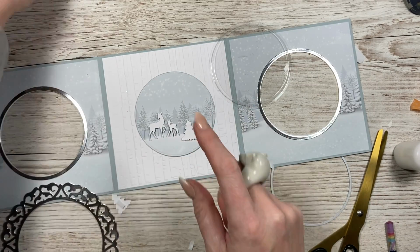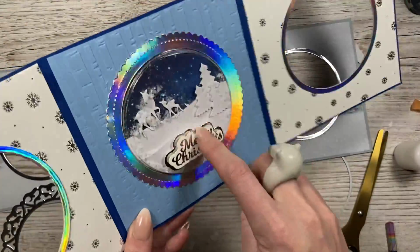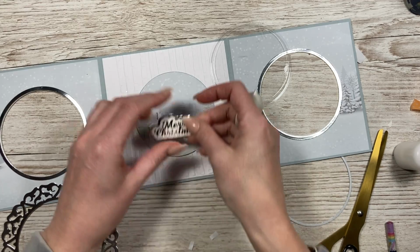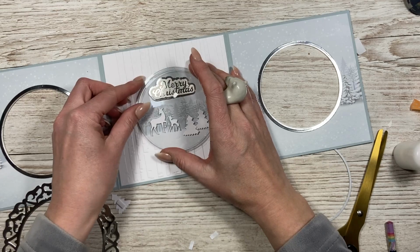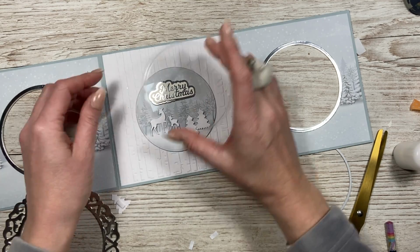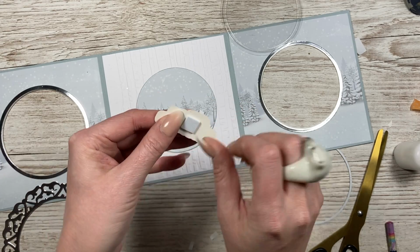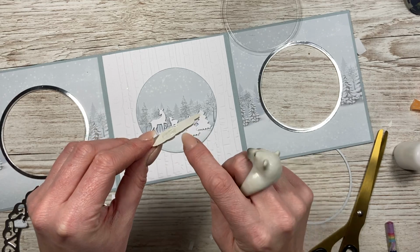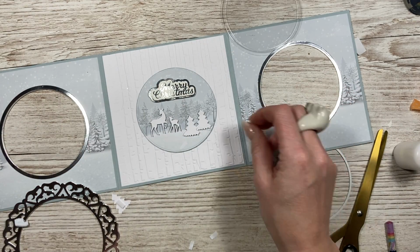Now, one thing I'm going to do differently to this one is I've stuck the sentiment on top of this because there was a lot going on. It's quite full. But I'm thinking in this one, I might be able to get away with having the sentiment inside here. I think that's going to work. What I might have to do is take the foam off of the very back. There we go. The 2 lots of foam was too much dimension, but just that one piece in the middle, I think it's actually going to work quite nicely